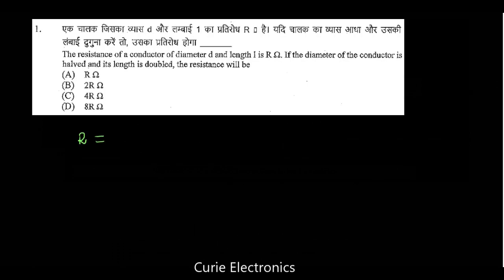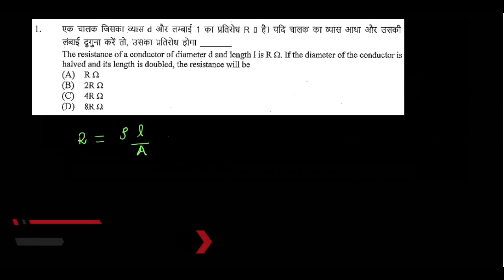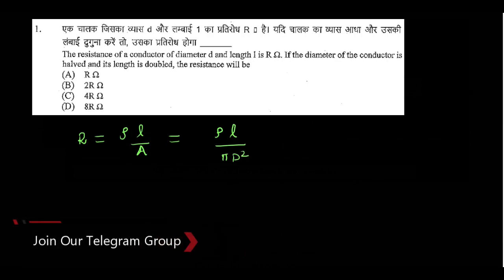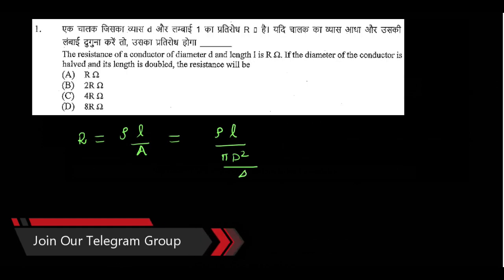R equals rho L upon A. So here he is saying about the diameter, then we have to write rho L. What is area? Pi d square upon 4. So this is our R